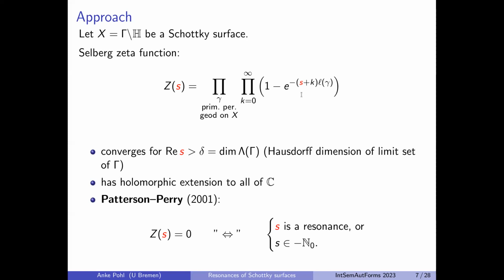So when you think about the Selberg zeta function from a higher point of view, it is an object which is purely geometric. It just comes from the geometry of the surface which you consider. It takes advantage of the lengths of geodesics. Resonances, by their definition, are spectral objects. So this theorem here from Patterson-Perry, which is an extension of Selberg's theorem of the same nature for finite area surfaces, shows us that the dynamics of the surfaces and their spectral theory have quite some relations to